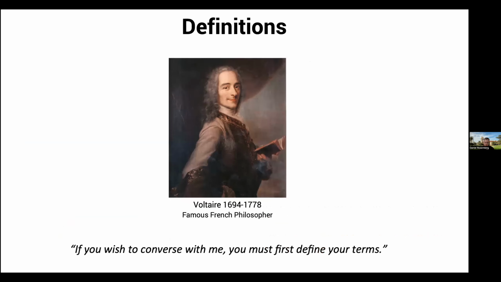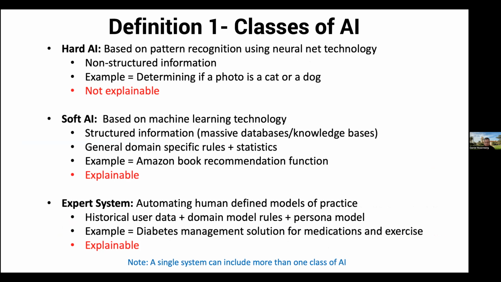So before I jump in, and particularly on a topic like AI, I want to follow Voltaire's advice, which is to define my terms, because it's such a broad topic and so misused in the press. So there's four dimensions of the definition for AI. I want to be really clear about the language I'm going to use. So the first set is about hard AI versus soft AI.